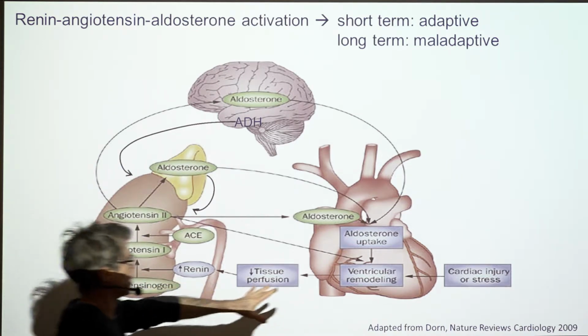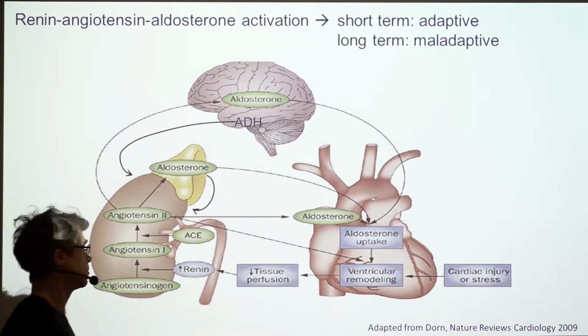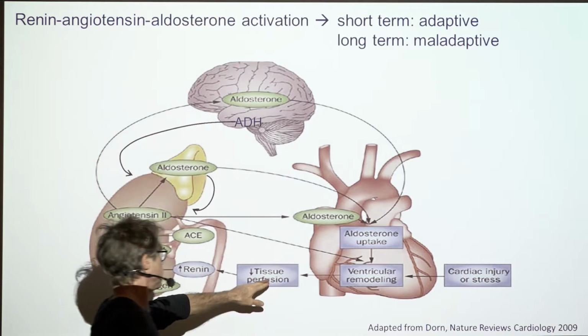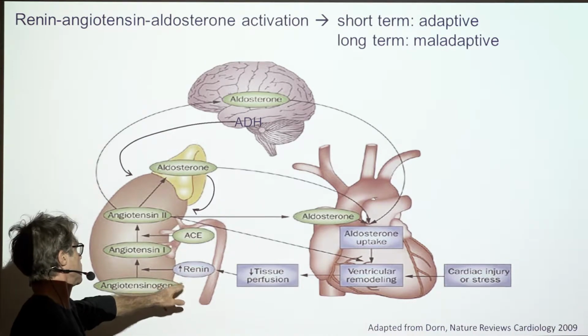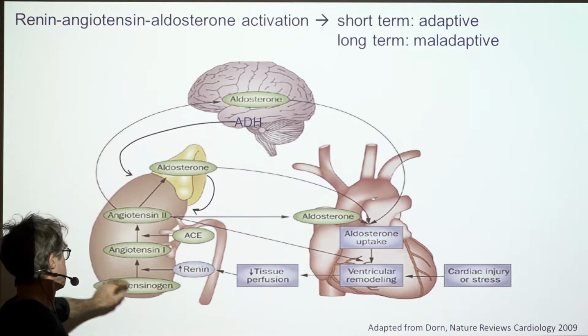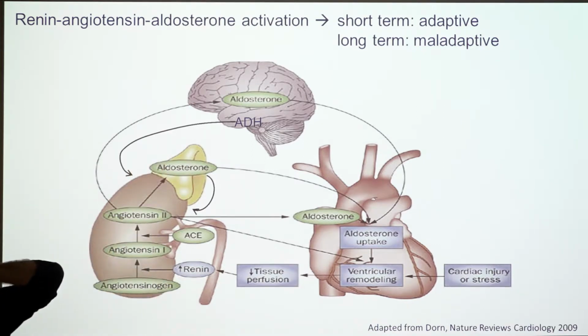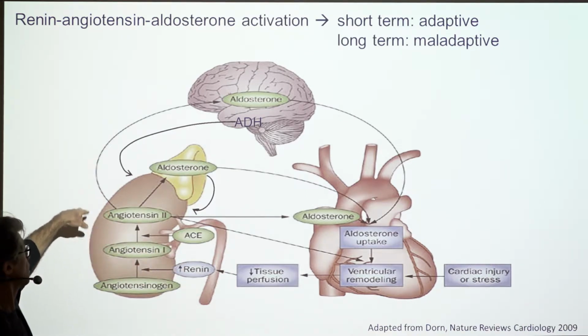So we have some kind of damage to the heart, such as a myocardial infarction or long-standing high blood pressure. Some form of injury or stress which affects the heart, and this reduces perfusion, right? And the kidneys feel this immediately, which causes an increase in renin, which converts angiotensinogen to angiotensin 1. Is this familiar to how many of you? How many of you have studied the renin-angiotensin system, for example? So most of you, but maybe not all of you. So it eventually converts, so angiotensin converting enzyme converts to angiotensin 2, which then does many things.